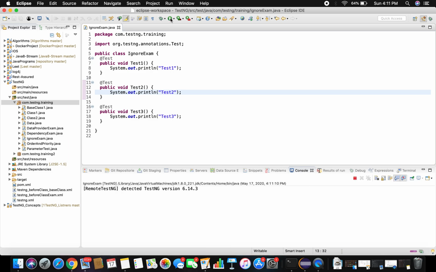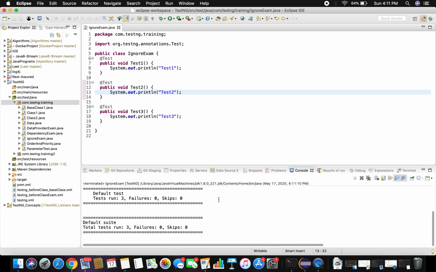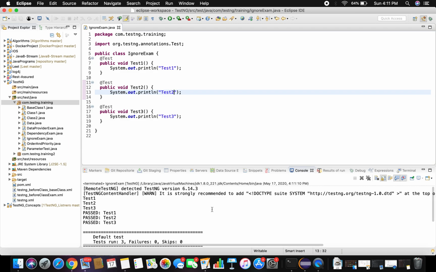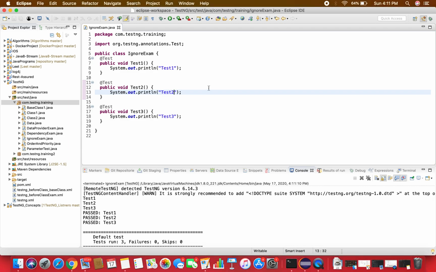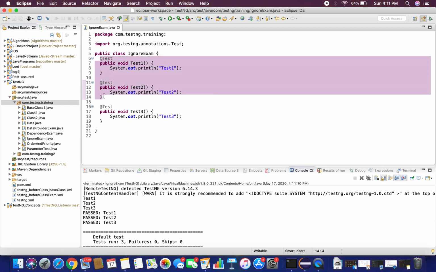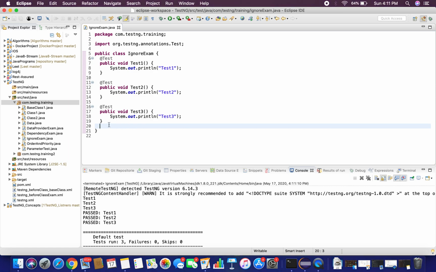If I run this, all the 3 test cases will execute because 3 tests are executed and 3 are passed now. What if I want to execute only 2 test cases, the test 1 and test 2? I don't want to run the third test. Assume when you run that, the test 1 and test 2 are failed, test 3 is successful, because you don't want to run the test 3 again to make sure or to debug the test 1 or test 2.